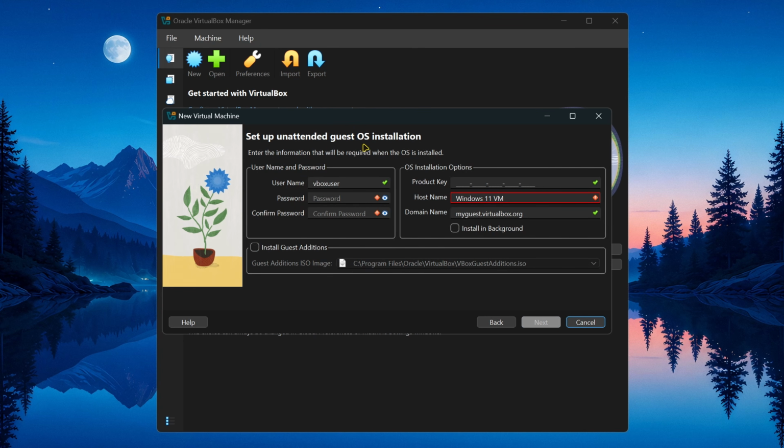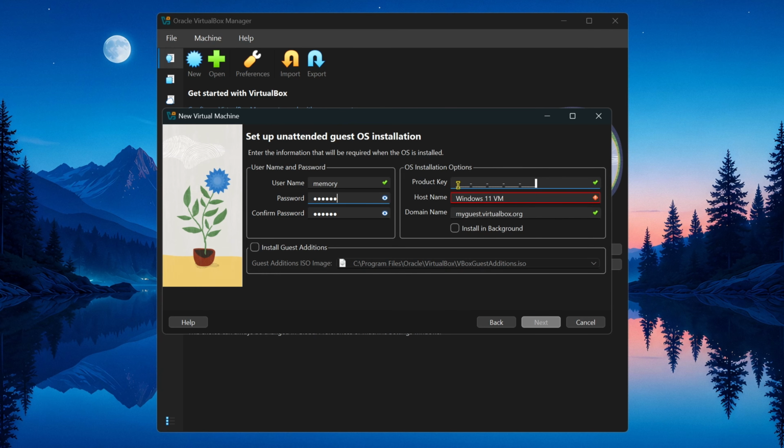And this is where we tell it what to set up. For the username, I'm just going to use memory, and it needs a password as well, typed in twice. I'm keeping mine simple since this machine is just for testing. And notice there's no Microsoft account sign in anywhere in this process. The unattended installation creates a normal local account, which I know is exactly how a lot of you prefer it. And that account is a full administrator on the machine, so you can actually install software and change settings. Older versions of VirtualBox used to create a standard user here instead of an administrator, which gave people endless headaches. But on the current version, that's been fixed, and now you're covered by using an administrator account.